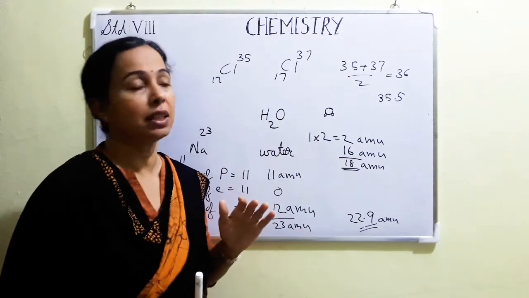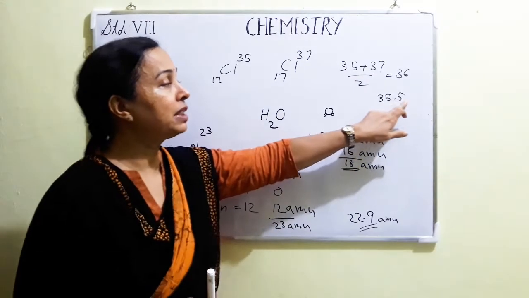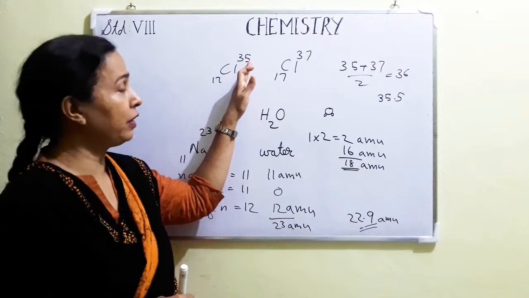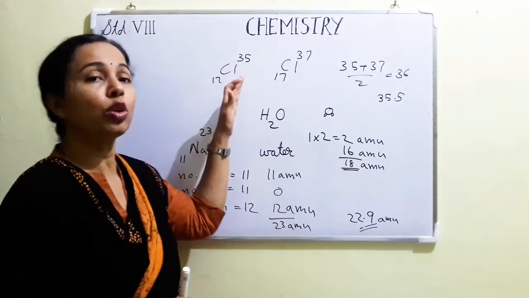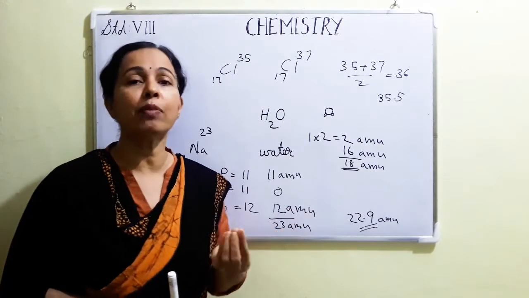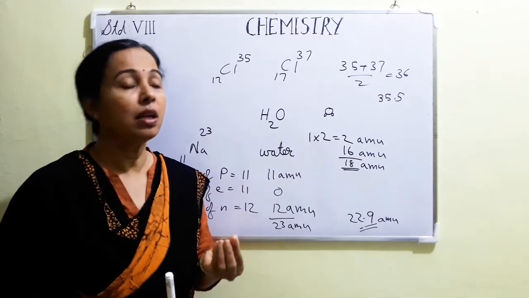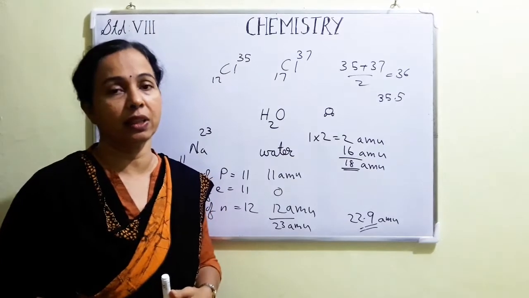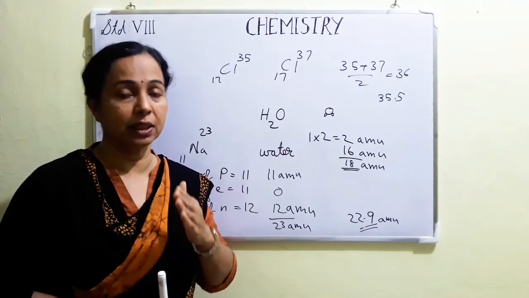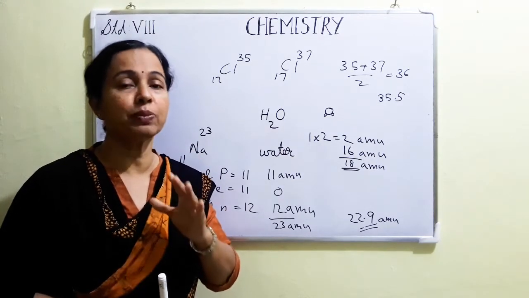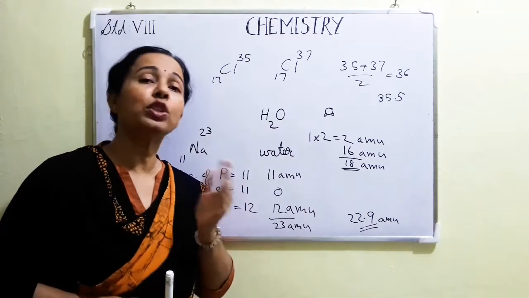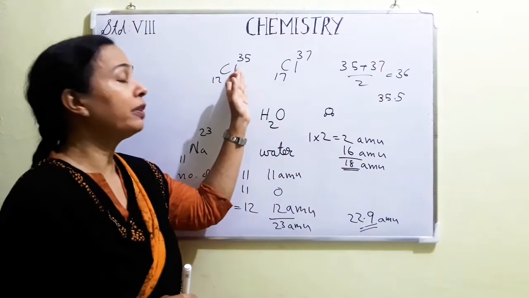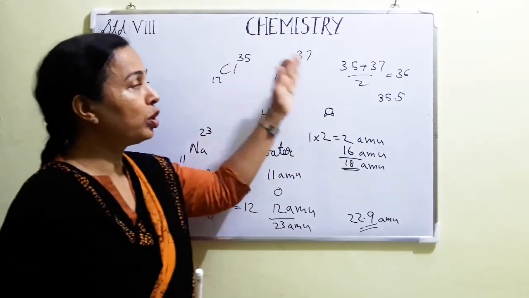That also is considered. That is why the atomic mass is 35.5, it comes closer to 35 because this isotope is present more. If you take a sample of chlorine, in that sample chlorine 35 will be much more than chlorine 37. The percentage of each isotope, how much percentage is there in nature, that also will be considered when we are calculating atomic mass. So as chlorine 35 is more, that percentage also is taken.